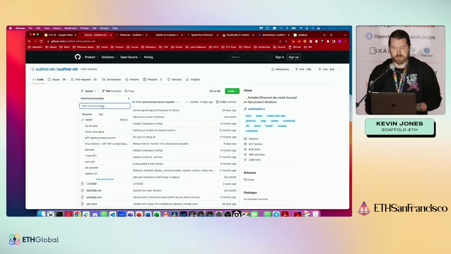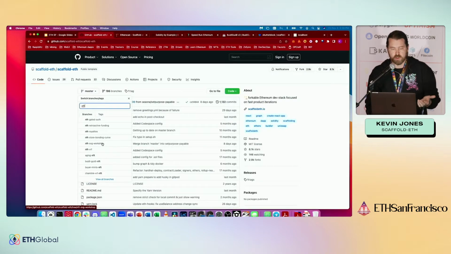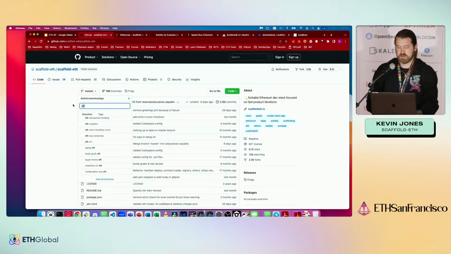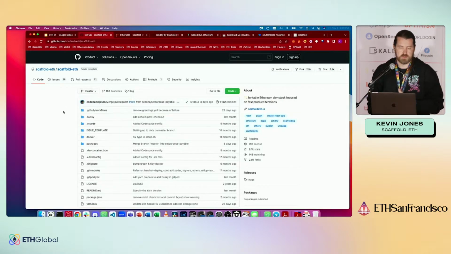So let's say you wanted to do an NFT. There's tons of NFT examples. There's a simple NFT. There's an SVG workshop that you can do. There's a Chainlink NFT, a buyer mint NFT where you can mint based off the buyer's interest in an NFT. So there's really cool examples for different standards that are already written for you, right? And so that's a really good starting point for a hackathon because you don't have to do all that work